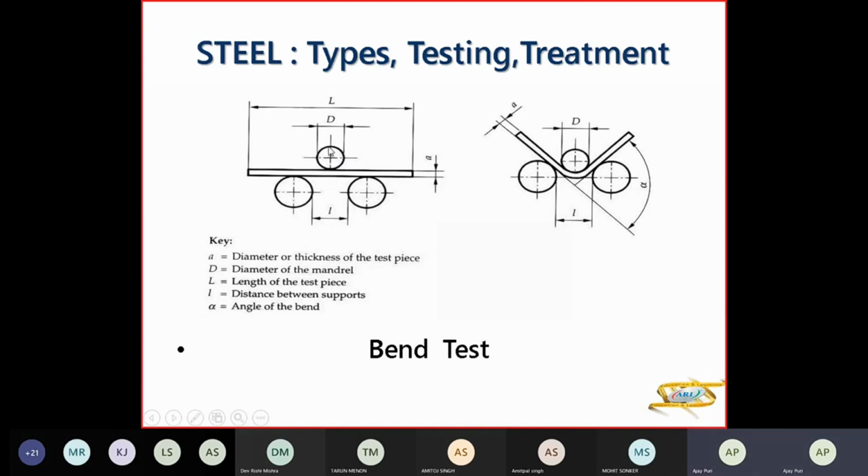So the diameter of that mandrel is D. Area of cross section of the rod is A. Distance between the supports is shoulders, or distance between shoulders, that is your L, small l. So इसको अगर हमने प्रेस करना शुरू किया तो रॉड ऐसे बेंड हो जाएगी।